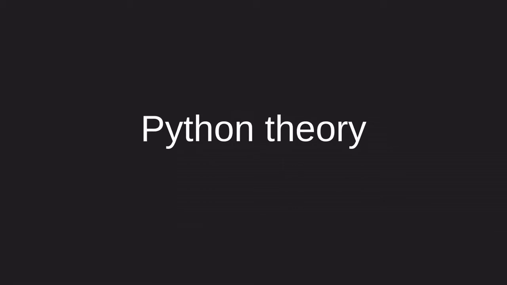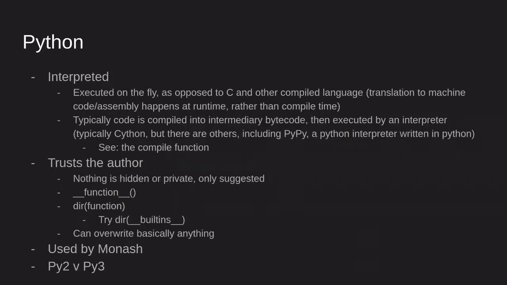So I'm going to try and keep the theory brief, but I think it is important to know a bit about how Python works, and some of this is going to be really basic high-level stuff, but I think it's good to make sure we're all starting off on the same foot. So Python is what's called an interpreted language, which means that the code is executed on the fly, as opposed to something like C, which you compile into machine code, and then the machine runs that code. Python has an interpreter that runs on top and takes in the Python code and goes through it as the program is executing.